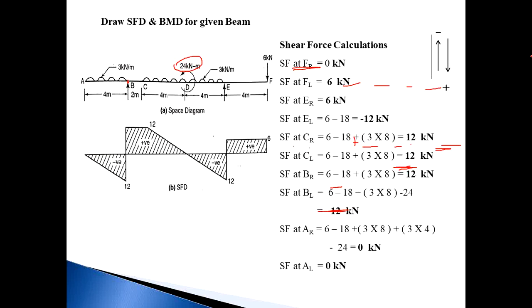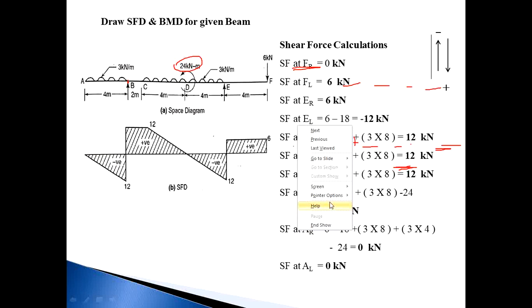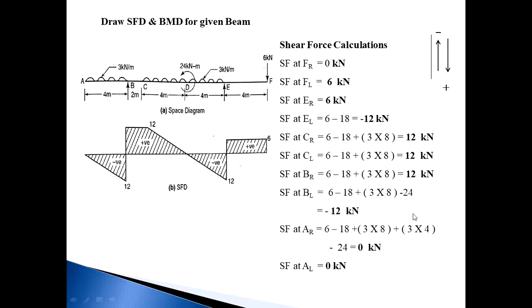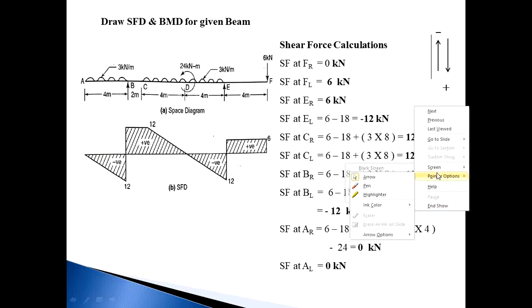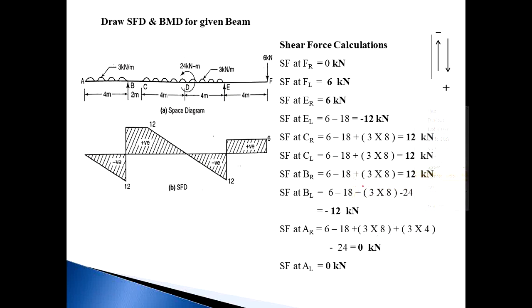SFD. Draw SFD. When you calculate SFD, ignore this moment. You just assume an overhanging beam having A to B as a UDL, C to E as a UDL, and at point F a point load, and due to that, all these external reactions RB and RE. You just ignore this 24 kilonewton meter. So starting with point F, sign conventions: on the right side,